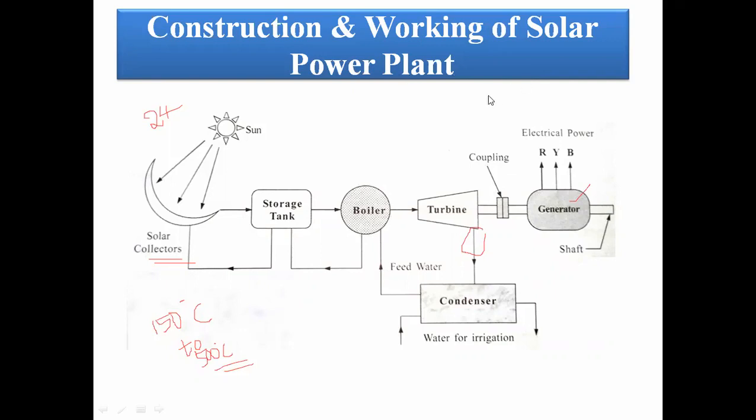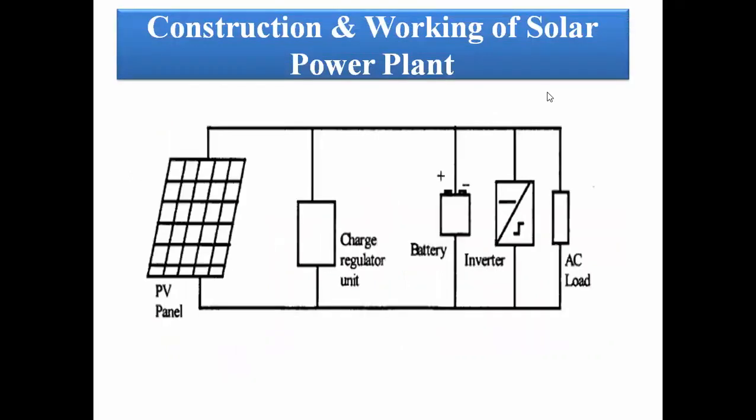But in the present trend, this is the present technology. Here they use the PV panel. The panel consists of an array, with n number of rows and n number of columns. Each box represents a cell: cell 1, cell 2, cell 3, cell 4. The total represents the array. It consists of a number of rows and a number of columns.